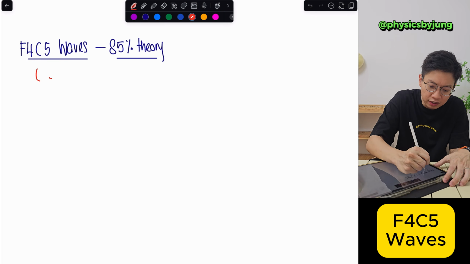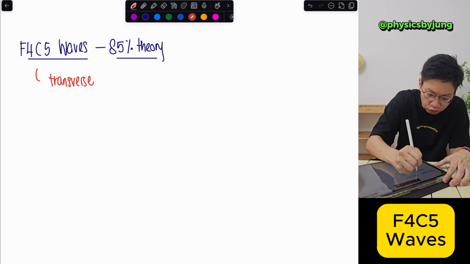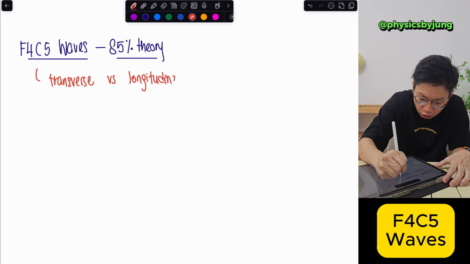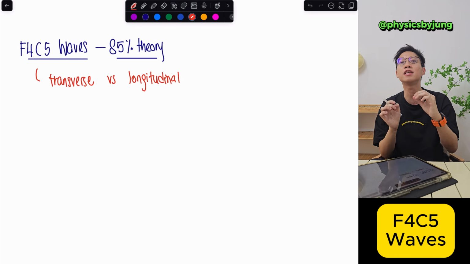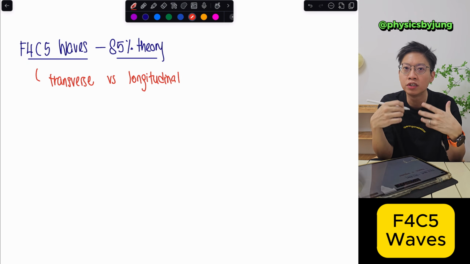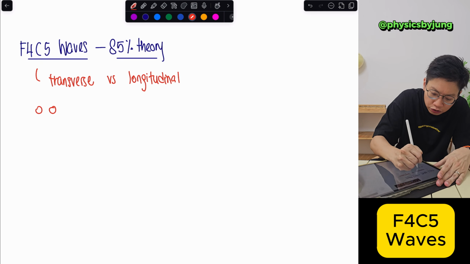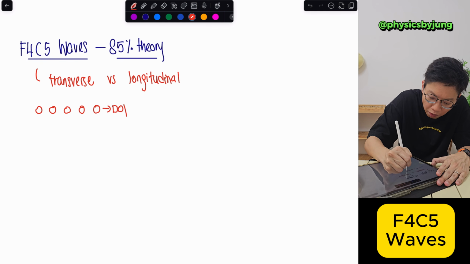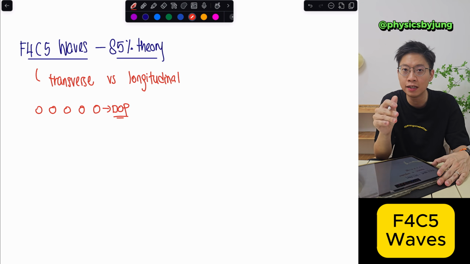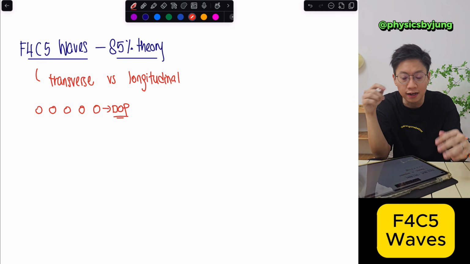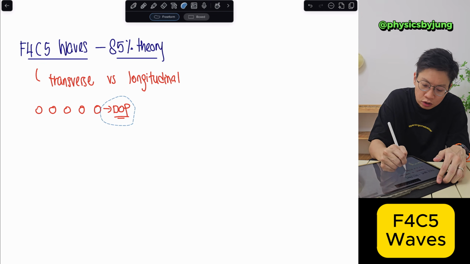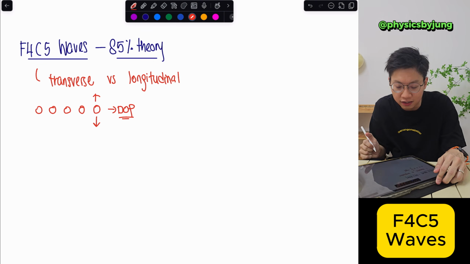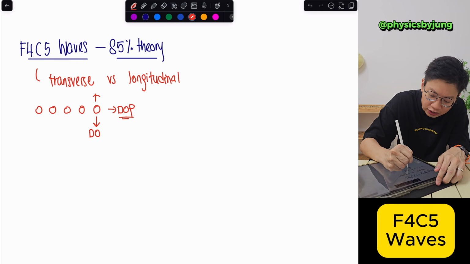Usually in waves, the most important thing that you have to know is the difference between a transverse wave and a longitudinal wave. Of course, it depends on how your particles oscillate. In a transverse wave, the direction of propagation is to the right hand side, meaning your wave will travel to the right. You will realize that your particles actually oscillate vertically. This is known as the direction of the